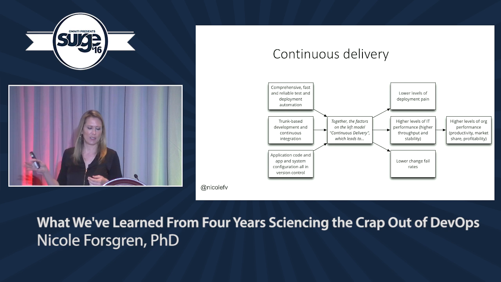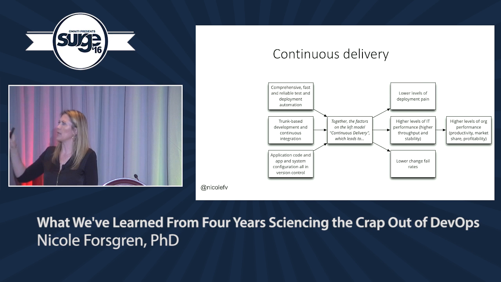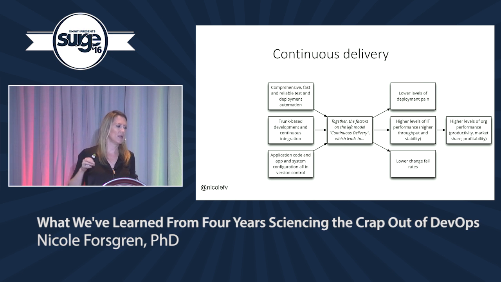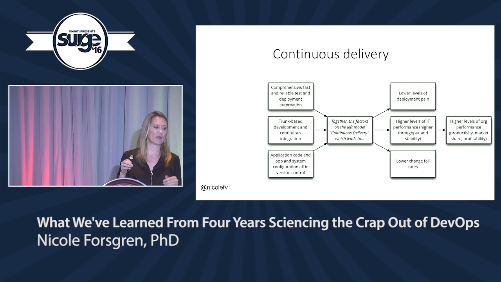So we know that continuous delivery is important, right? In 2015, we took a look at what makes CD right. When you look at the left-hand side of this diagram, these things make up continuous delivery: test automation, deployment automation, trunk-based development, continuous integration, which really was just a CI construct that year, and also all the things in version control. So those were the things that we tested. Once you move beyond that, we can say these predict